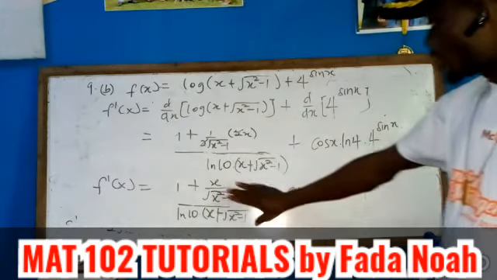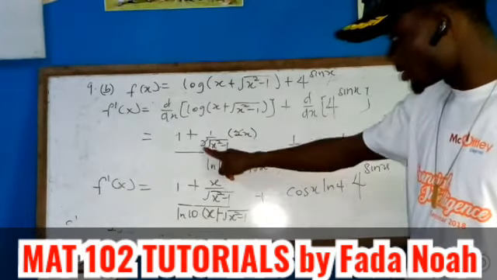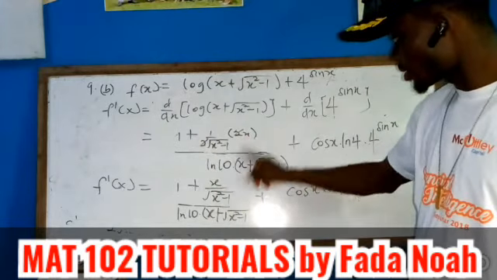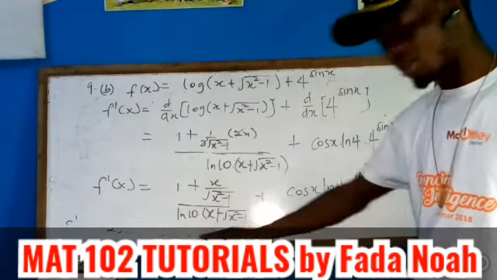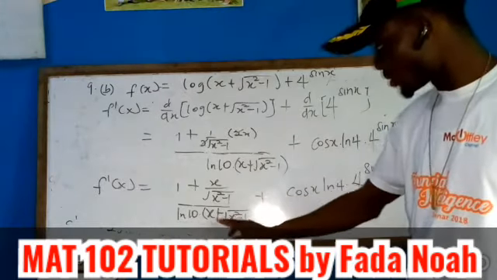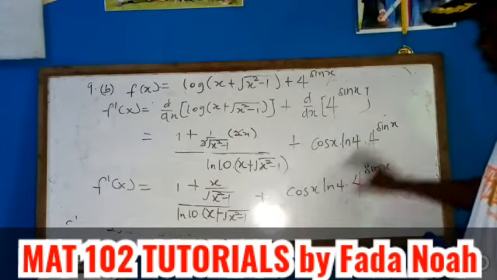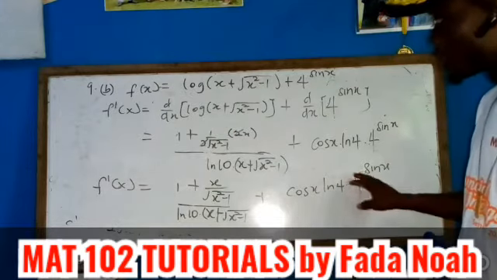Okay, so our last step, the 2 over here can cancel the 2 over there. So you have 1 plus x over square root of x squared minus 1, all over ln 10 times x plus square root of x squared minus 1, plus cos x ln 4 times 4 exponent sine x. Okay, so this ends